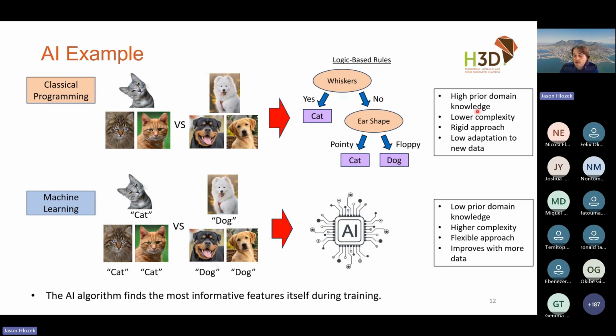Why this is useful is that, in the traditional sense, I typically need quite a lot of domain knowledge and understanding of my problem so that I can craft these rules myself. And it's quite a rigid and defined approach. If there are new data sets, let's say in this example new breeds of animals, the existing architecture won't easily adapt. I'll have to write a whole set of new rules to account for that.